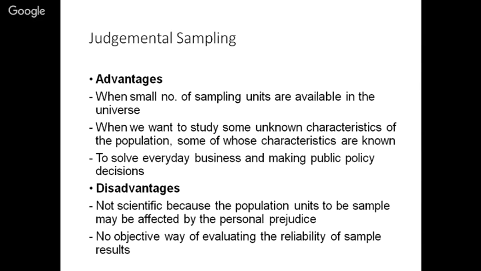It means that when public policy decisions are made by a higher authority, the only practical method to arrive at the most urgent solution is by using the judgmental sampling technique. And the disadvantages are: it's not a scientific method, because the population unit to be sampled may be affected